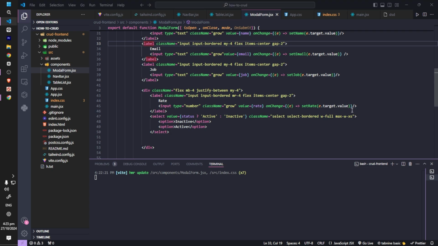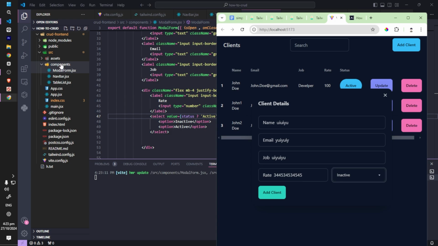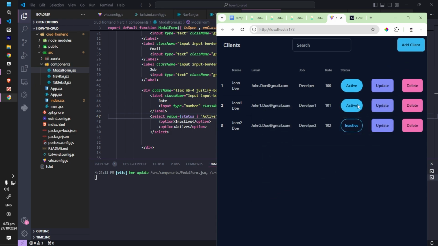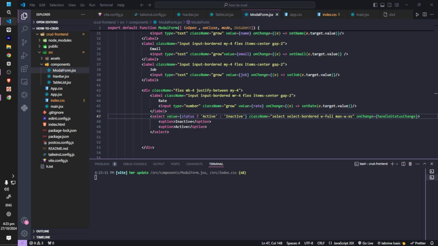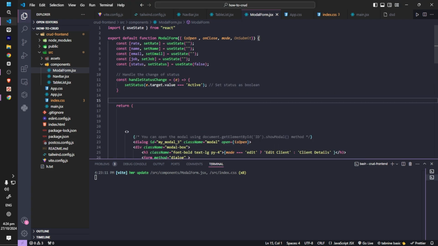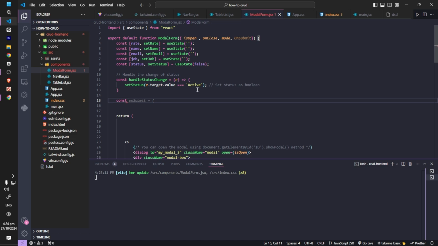Okay, whenever we are changing, we'll just add this function right here. So on change, it will set the new function. It should now work. There we go. Add client. Whenever we also need to handle on submit, we need to add on submit here. So on submit, it will handle submit. We'll make a new function, so the constant is handle